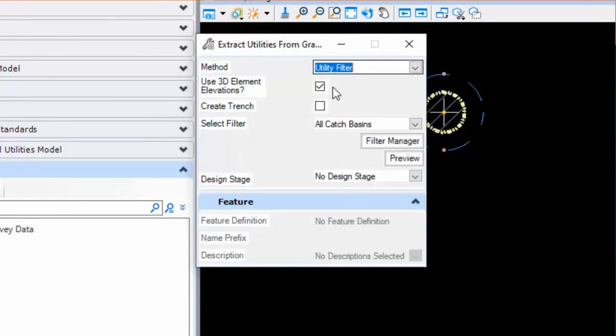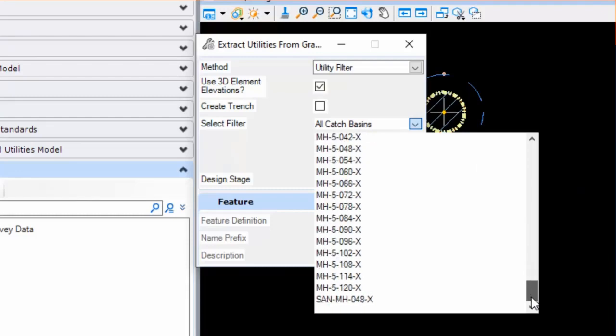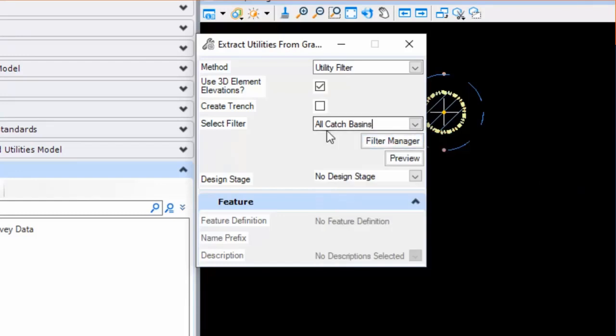I'm going to use a filter, and I have the option here to use the element 3D elevations, or I can have it read from a terrain model. I'm going to use the element itself, not doing any trenching, and then I need to select which filter I'm going to process. I can use the all catch basins, inlets, or manholes, or I can come down and pick an individual catch basin, inlet, or manhole type.